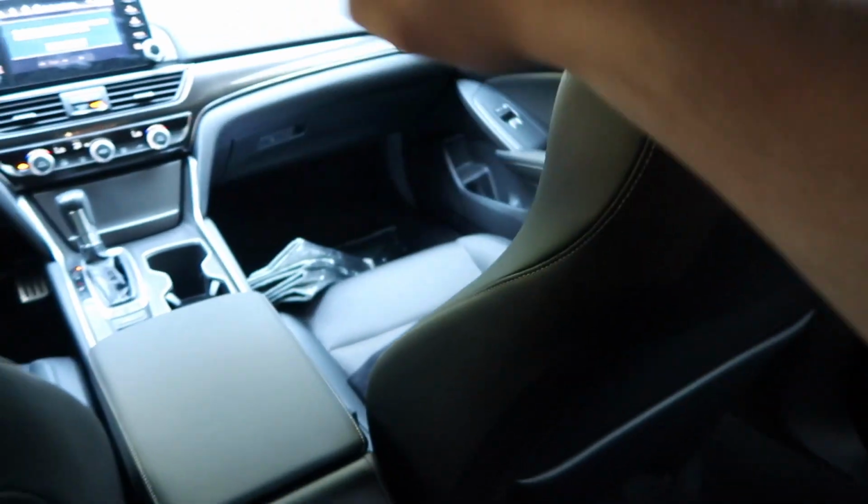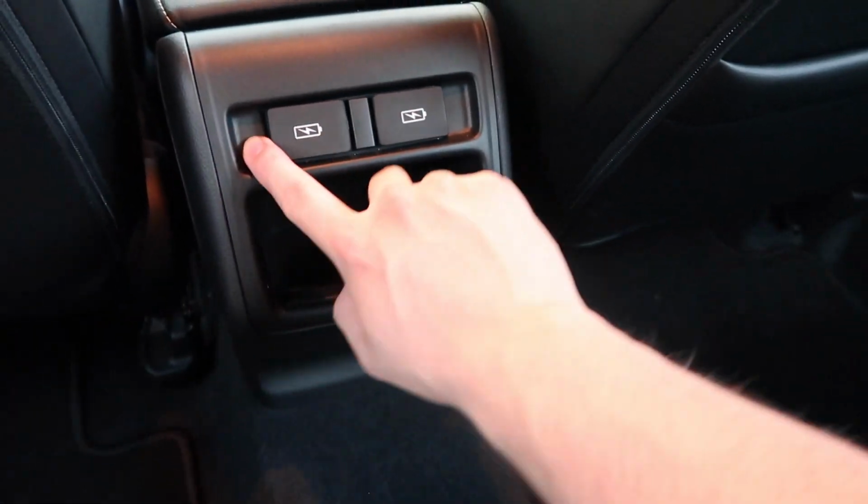All right, so I'm in the back seat of my car, right? Here's the passenger, here's the driver. You may be wondering why I'm in the back seat. Well, let me explain. This is my third reason for what I don't like in my car. If you guys don't see anything too special, as you can see, there's a little storage, two USB charging ports, the handle, storage space, compartment space, and so forth. If you guys didn't realize it,